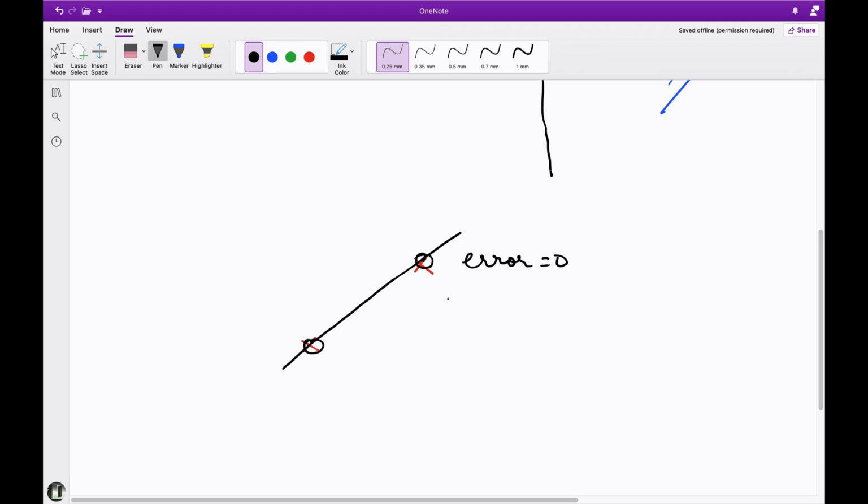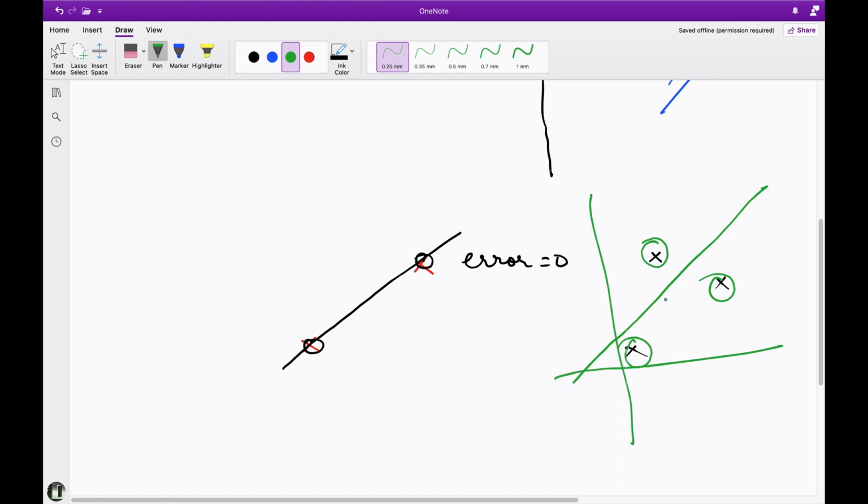Now if I give you more than 2 points, consider there are 3 points. Now how will you draw one line which would represent these 3 points? So here you have to come to the middle ground and you can draw something like this. This line will represent these 3 actual points, and if you take it on the graph, this is our predicted value on this best fit line. These 3 are our predicted values.